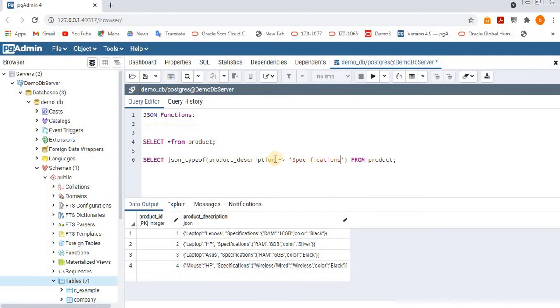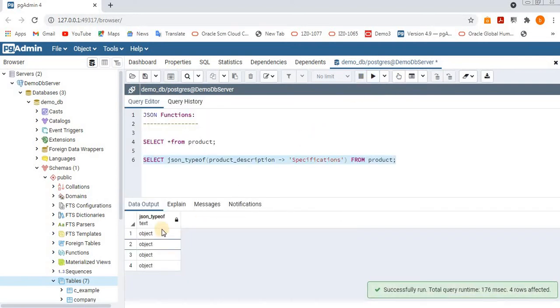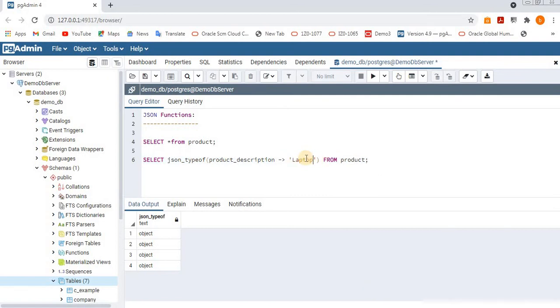We will get what type of data we have. It should be object, because the type of value assigned for specifications is object. See, for 4 rows we got an object. If you want to see it for laptop, we will get string only, for Lenovo, HP, all the values we have assigned for the laptop key.